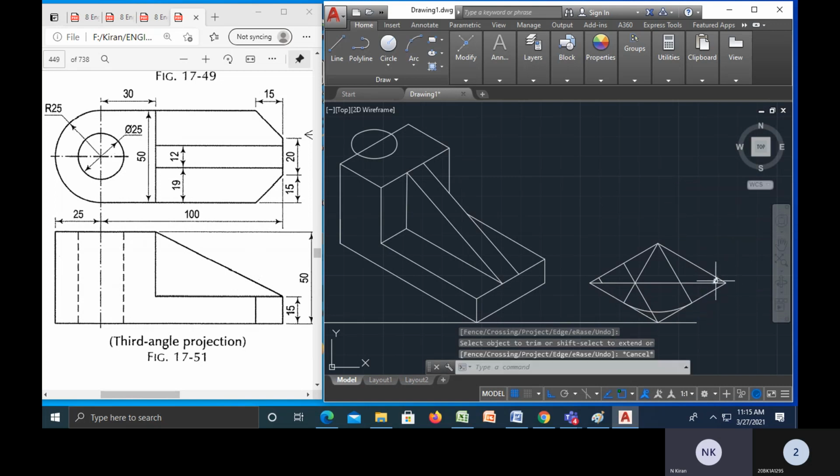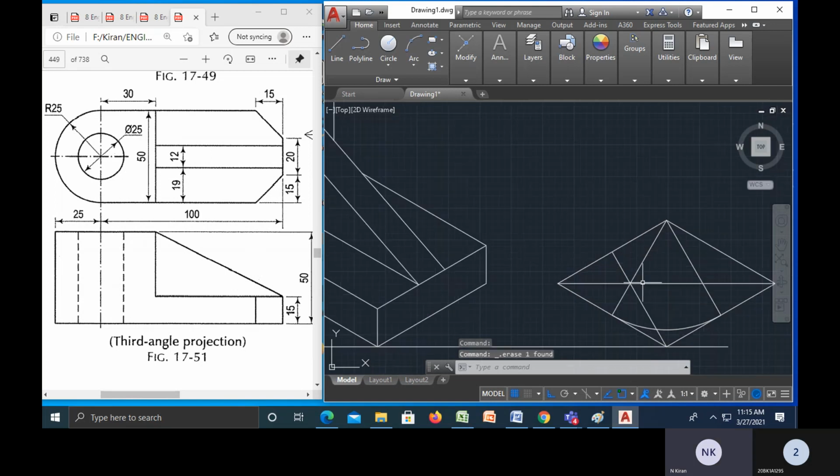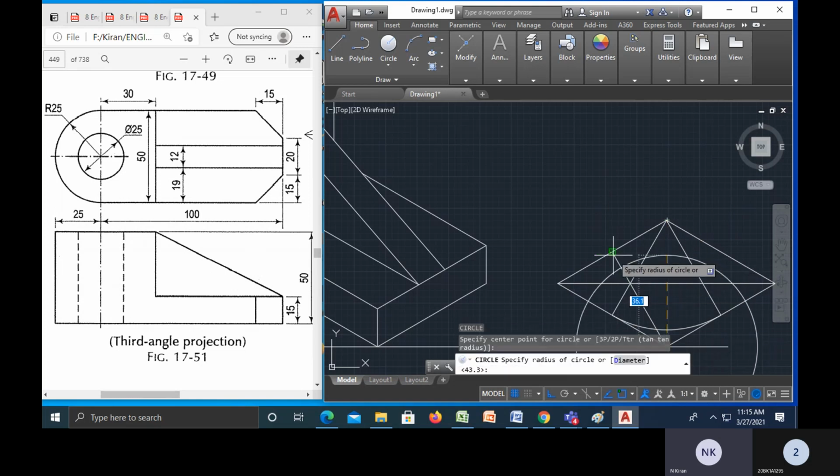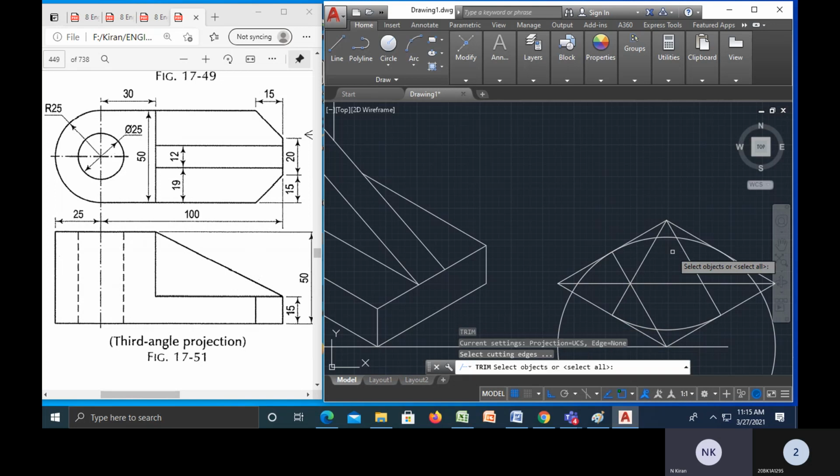Okay, escape. Now again C enter. From this point, okay, already completed. C enter. From this point, I'll take up to here. TR double enter.